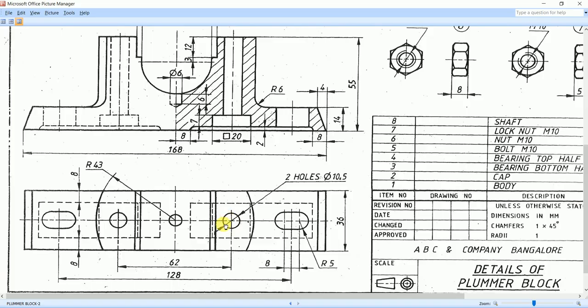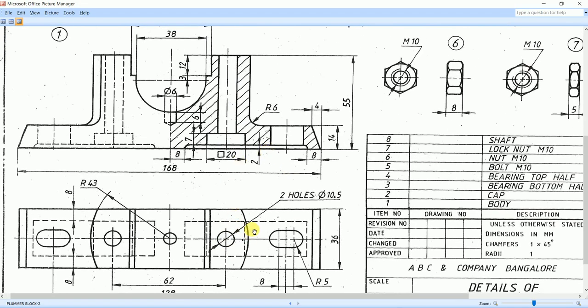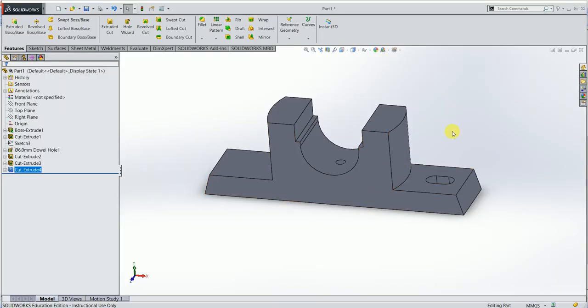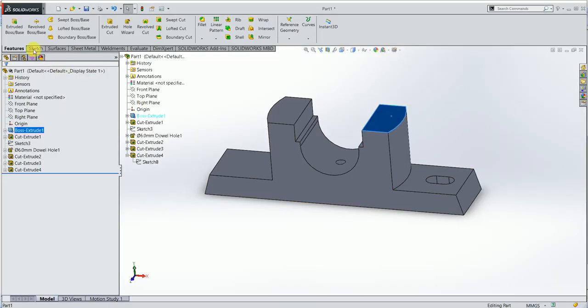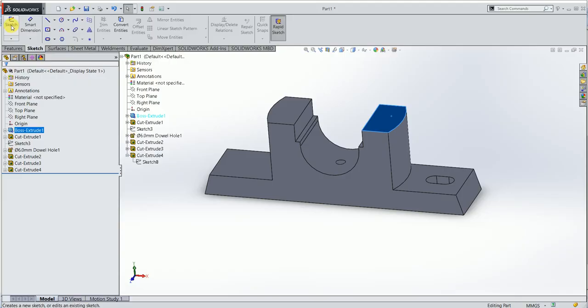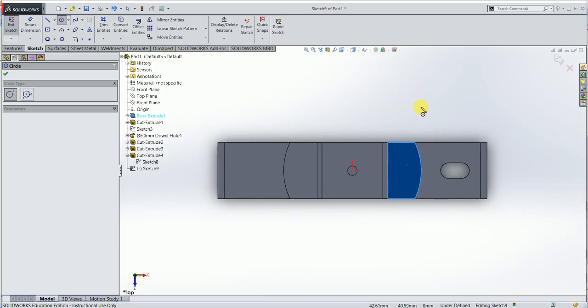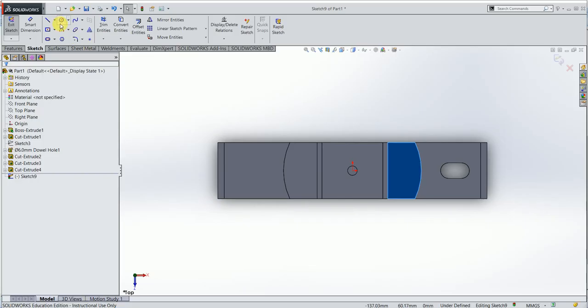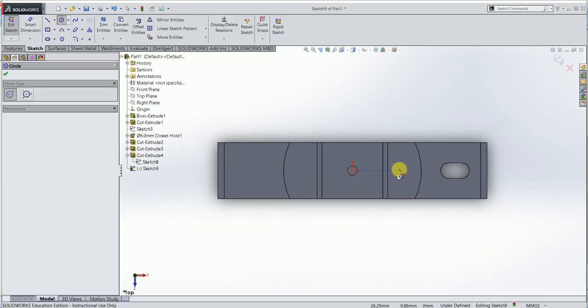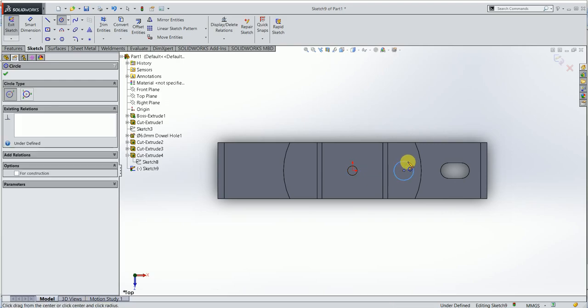Okay, and that circular wall should have a diameter of how much? So it should have a diameter of 10.5 as it is given here. Okay, so therefore I will select this top face. Then on the top face I'm going to create a sketch now. Then I will select the circle command, and I'm going to keep this model in top view. Then I'm going to take this alignment help, and I'll create one circle here,